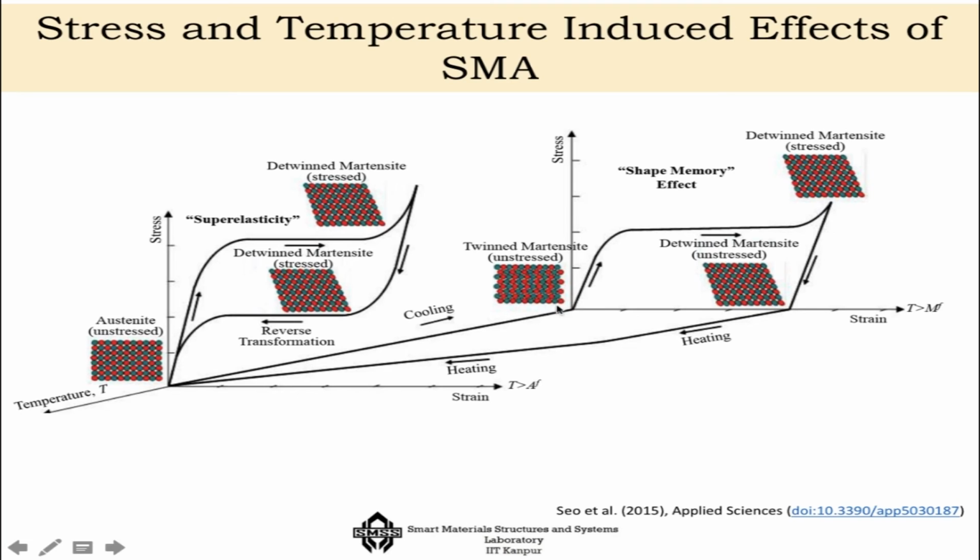But if you cool this material, let's say you are in the martensite phase, then if I increase the stress, it will go to plastic deformation, it will go to detwinned martensite. I will once again reduce the stress. Now it will not go back to zero strain, it will be somewhere here, and then if you heat it up, only then it will come back to its parent phase. So that is the shape memory effect. And the hysteresis in this effect, the stress-based effect, is also called superelasticity. So these are the two effects that are generally observed in shape memory alloys.